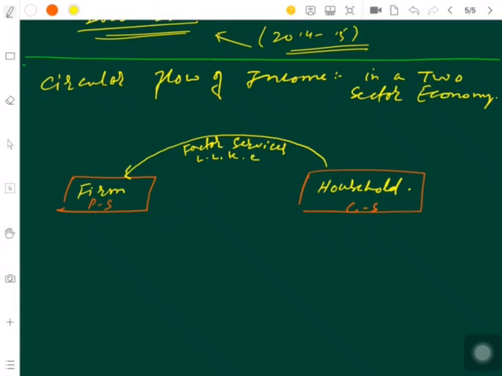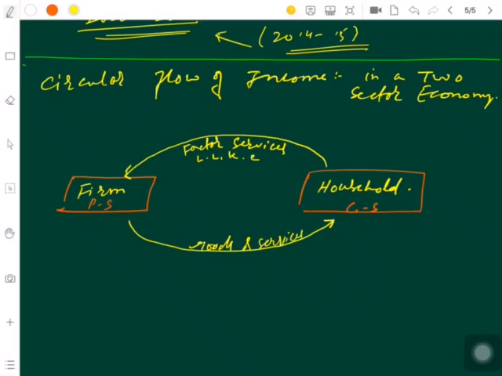Or household will provide factors of production to the firm sector. Contrary to it, the firm will combine these factors of production and will provide goods and services, finished goods and services